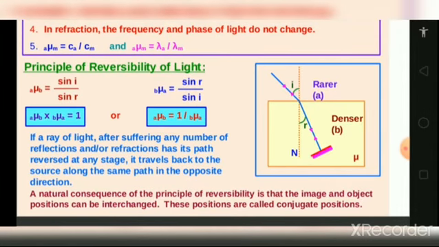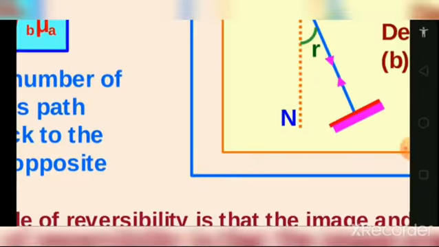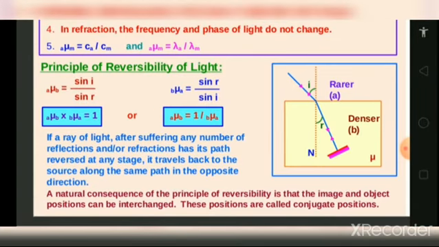The refractive index of a medium with respect to vacuum is called the absolute refractive index. The ratio of the absolute refractive index of medium 2 to the absolute refractive index of medium 1 is the relative refractive index, which can be represented as n2 upon n1 is equal to sine theta 1 upon sine theta 2, which gives you the equations